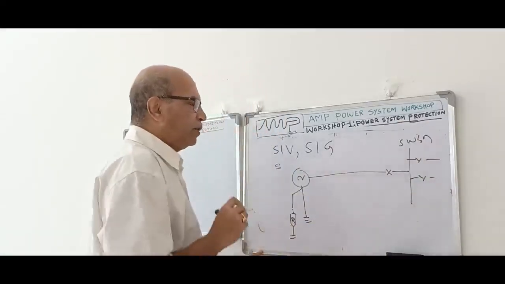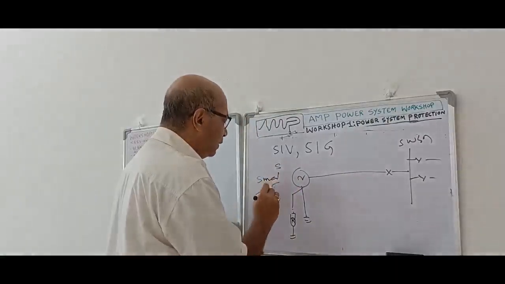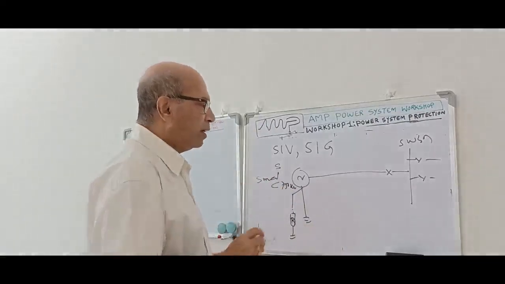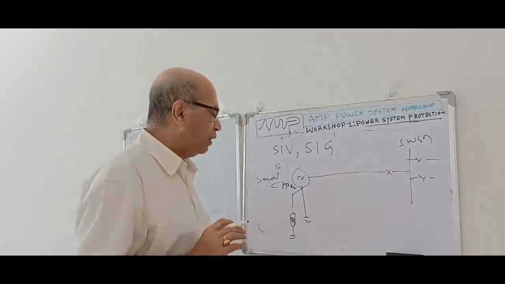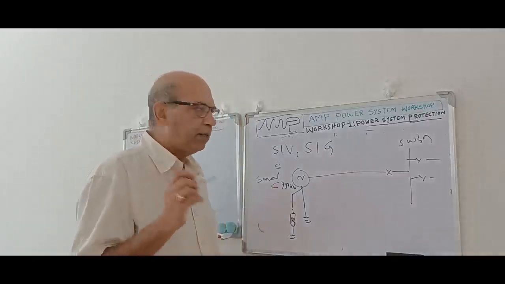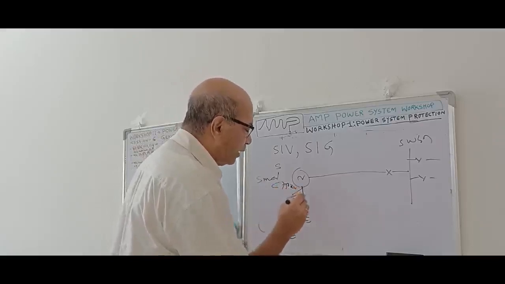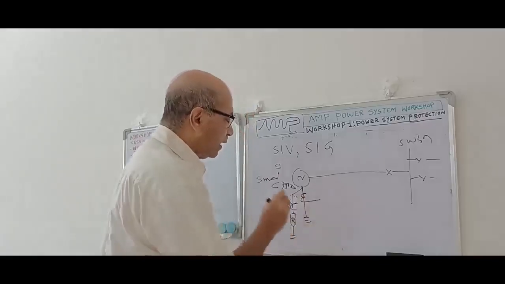Now, in case of a single, small machine, say less than 750 kilowatt or even less than 500 kilowatt, in that case, for giving the 51V to a single isolated machine, where we have to put the CT for the 51, the CT will be located on the neutral side, right? So CT will be located over here or over here, as per the connection.